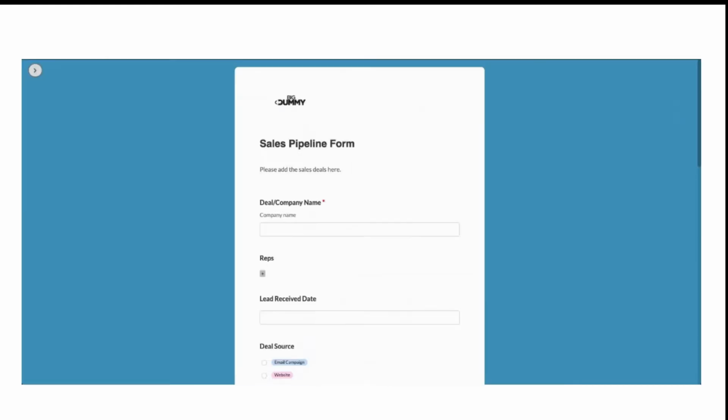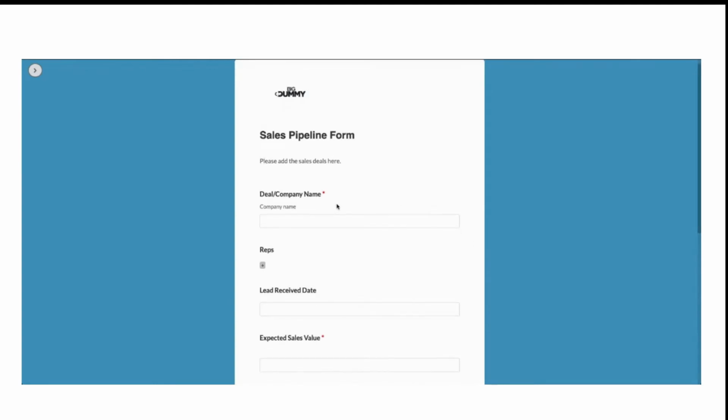As soon as you preview it, a sales pipeline form will be created. Now this sales pipeline form can be used from anywhere, whether you're on a laptop, desktop, or on the go. Even your field sales representatives can open this form on their mobile phones as well.